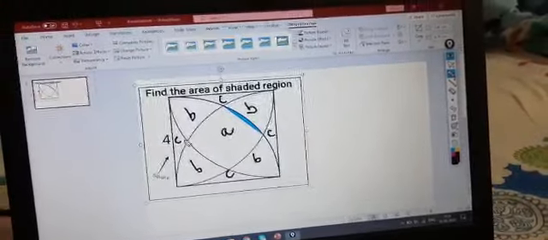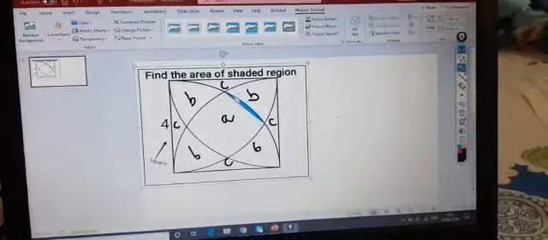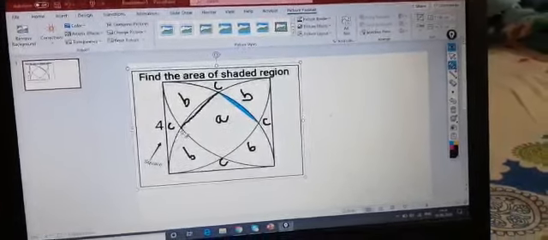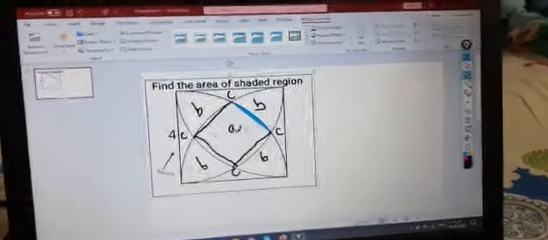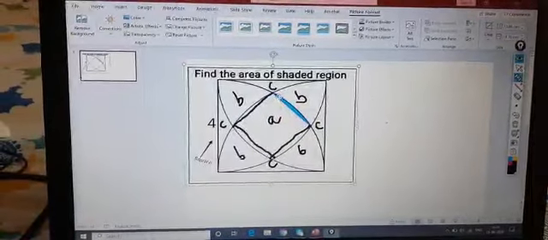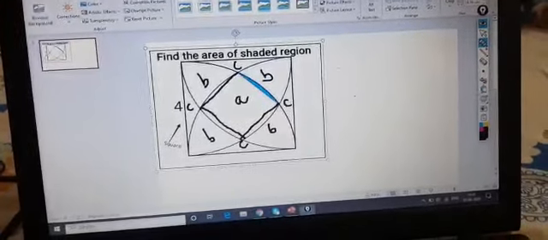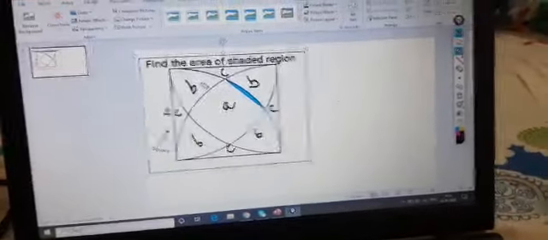Eventually I'll also try to find out area of this square. If you just very carefully see, this is already a straight line. I'll also try to connect these and this and this. So if you try to see, this will also be a square. Eventually we'll try to find out area of this square as well, so that will come quite later part. So let us now focus on these parts.